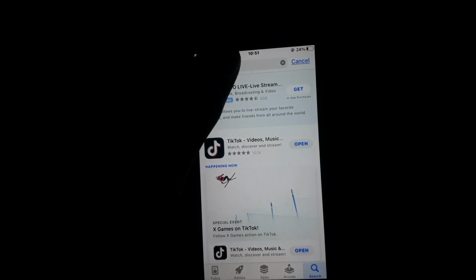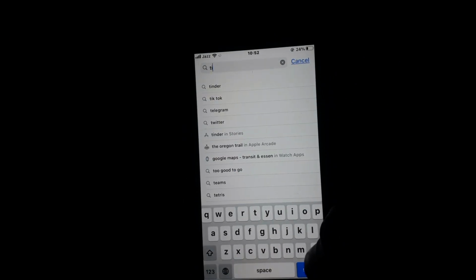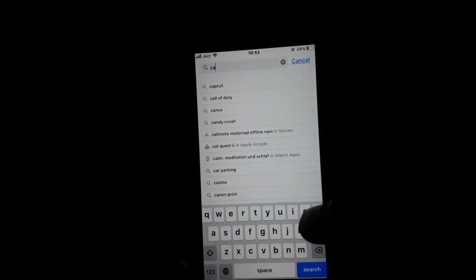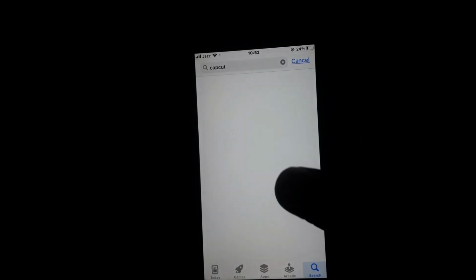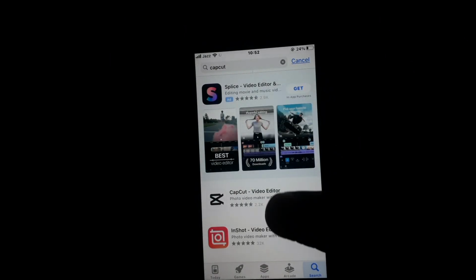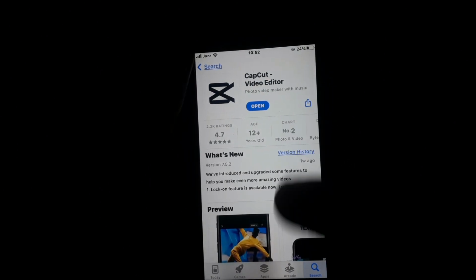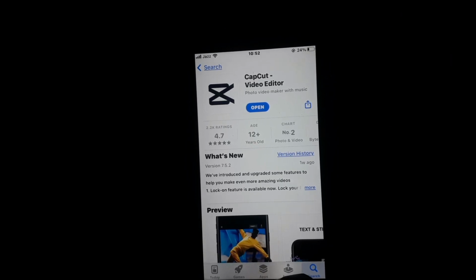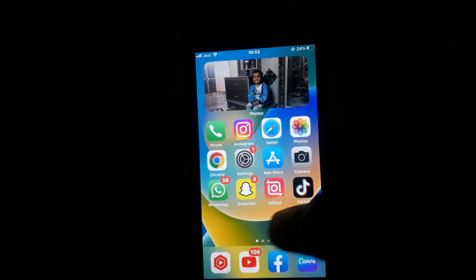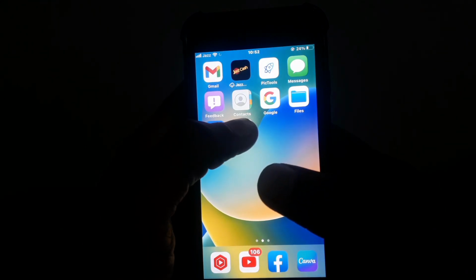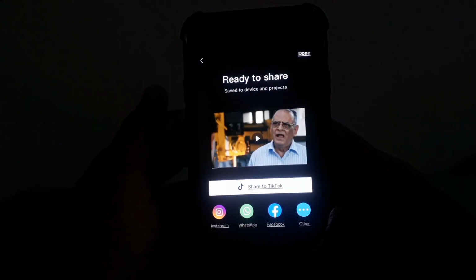After that, you also have to search for CapCut and look whether the CapCut version is already updated or not. As you can see, there is an updated version of CapCut installed on that device. After that, you have checked all these settings, and what you have to do is open the